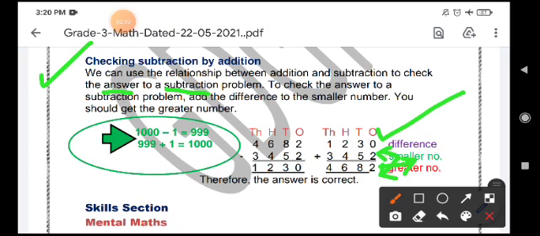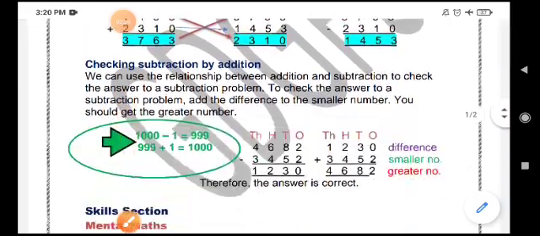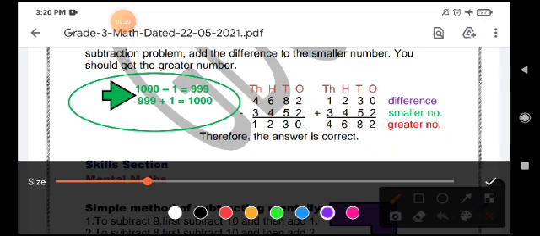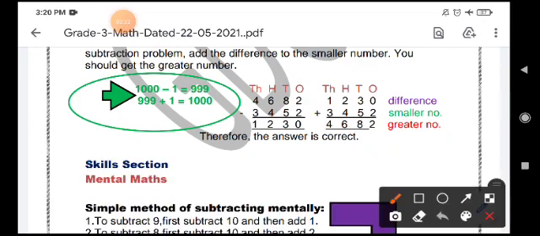To check the answer to a subtraction problem, that is, this answer here, add the difference to the subtrahend, that is the smaller number. You should get the greater number, that is the minuend. How? Let me show you. Okay, we will do it here. So, we are having